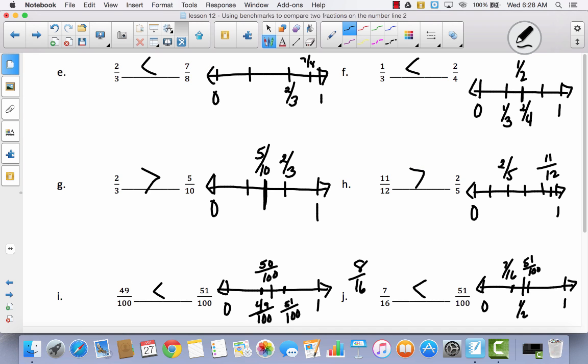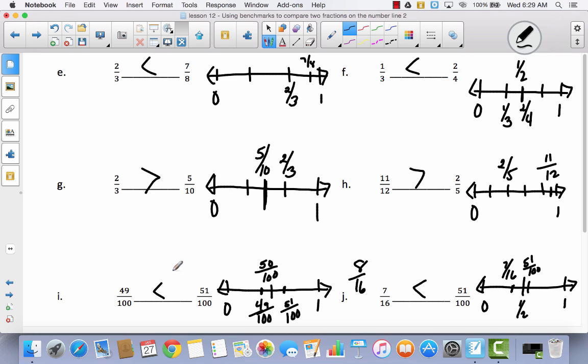Now, I know that what we did today was pretty tricky, but what you need to do is really rely on your visual models. You need to take a second to draw out the number line and really think about what you know about fractions. It's very tempting to just guess because you have a 50-50 chance. But I'm telling you, if I don't see a number line here that's labeled correctly, even if this is right,